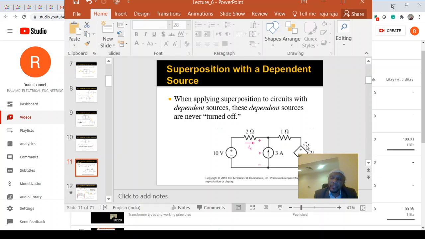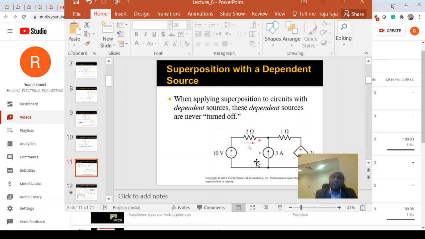Why? For example, in this circuit, this is the dependent source. So this is a voltage-dependent current source. We already know voltage source means short circuit, and current source means open circuit. But here it is both, so whether you go for short circuit or open circuit, now the confusion is coming. We cannot apply this directly to a dependent source. But other sources, no problem: independent sources we can handle by our old logic.